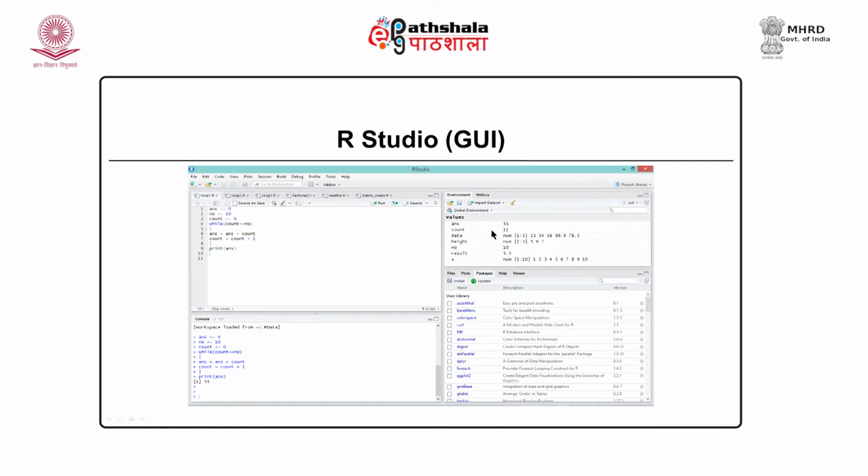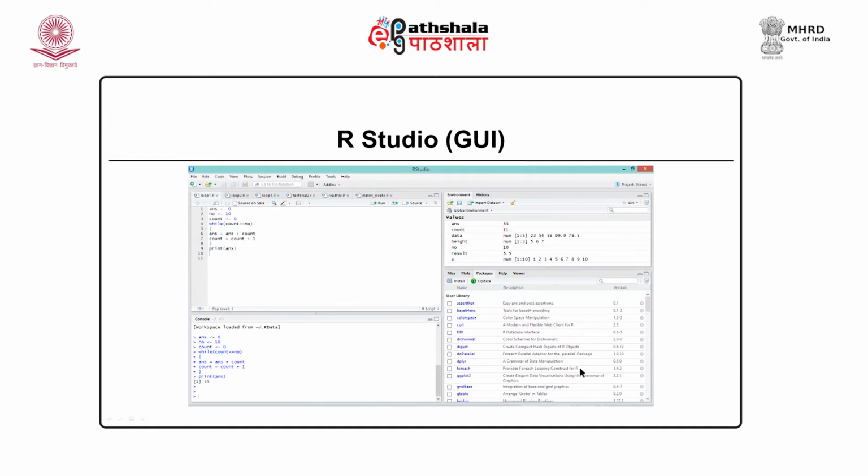Now, the other window in the top right corner indicates the values of variables. A few variables represent other programs. Over here we can see we have used variables like count and ans for answer. So, those values are represented over here. So, those who want to debug R can use this window to check the values of particular variables.